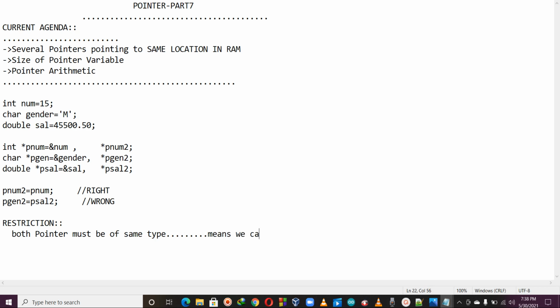We cannot assign one pointer to another of a different type,